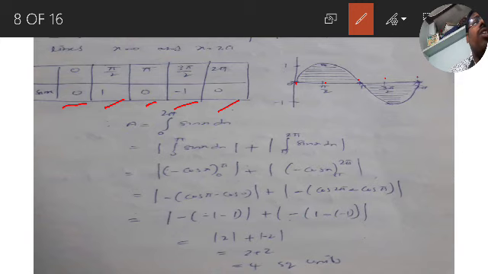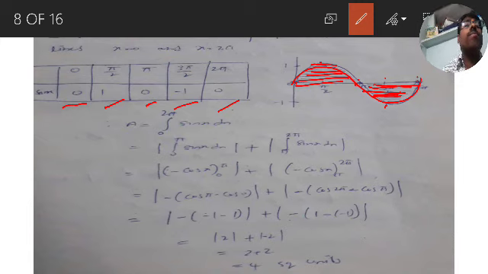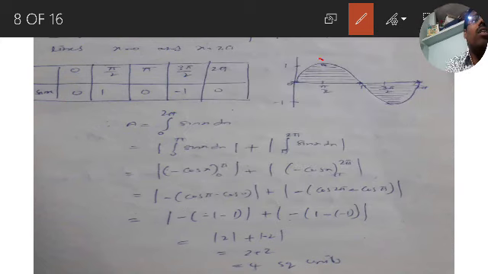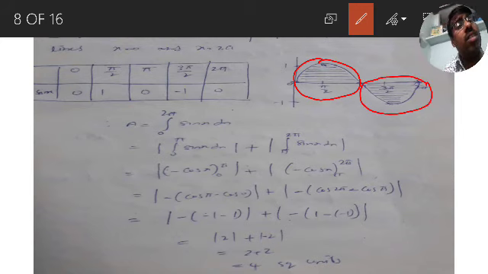So for 0 it is 0, for 90 it is 1 and for 180 it is 0, for 270 it is minus 1, and so we are drawing the graph like this and we got this upper curve and it has a lower curve. It is already given very clearly in the figure. So for the upper part, the integration value will be positive, and as the second is below the x-axis, you will get negative, and positive and negative becomes 0.